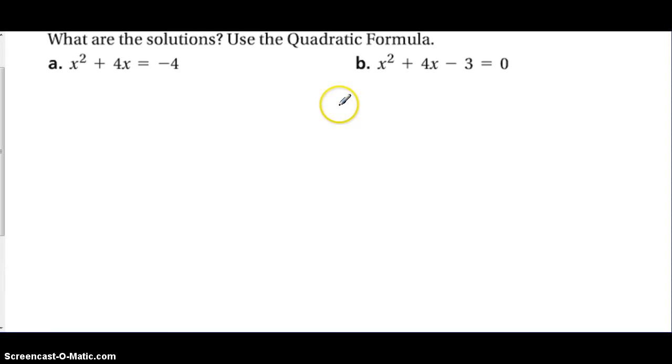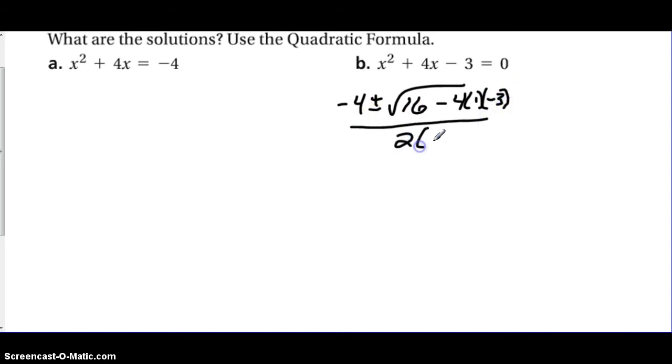So I'm going to have negative b plus or minus the square root of b squared minus 4 times a times c, please don't forget your negatives, all over 2 times 1. So this is going to be negative 4 plus or minus 16 plus 12, which is 28,